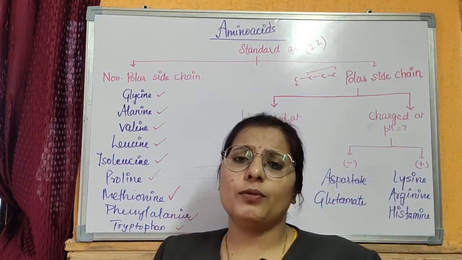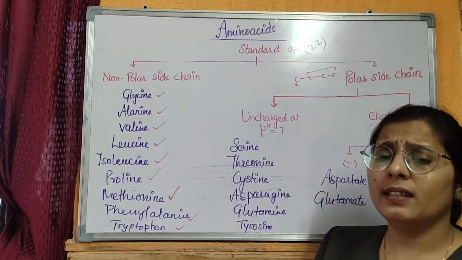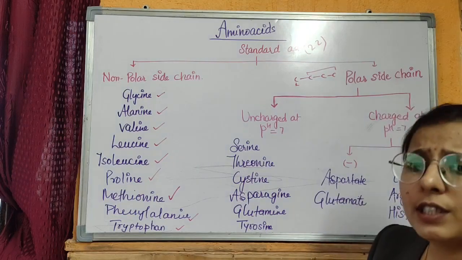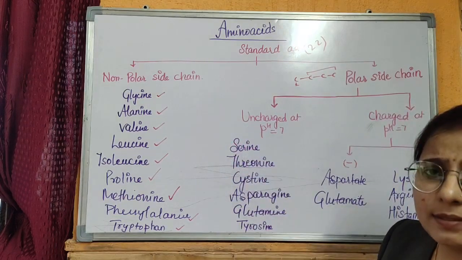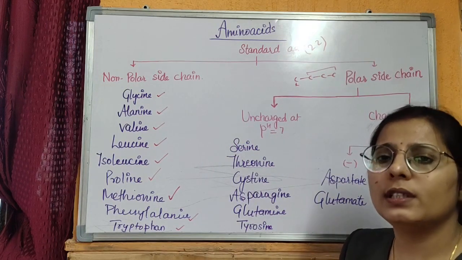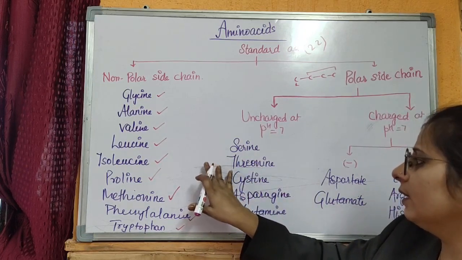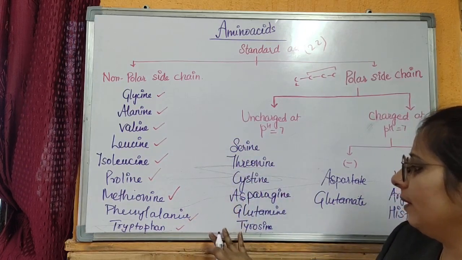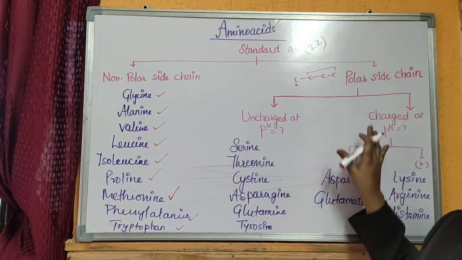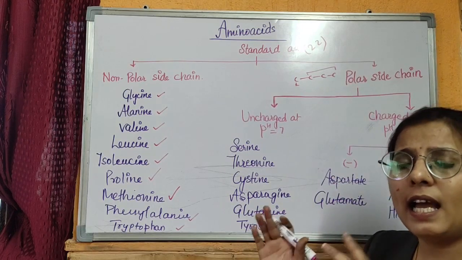If the side chain of the amino acid is showing polarity, and the amino acid, if kept at neutral pH, behaves as an uncharged molecule or doesn't have any charge, then it includes serine, threonine, cysteine, asparagine, glutamine and tyrosine. But if the amino acid shows a charge, positive or negative, at neutral pH with a polar side